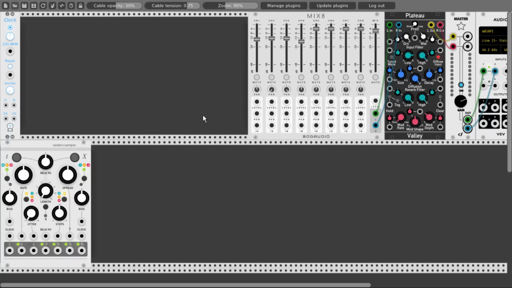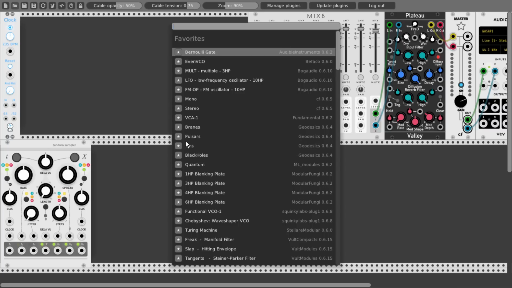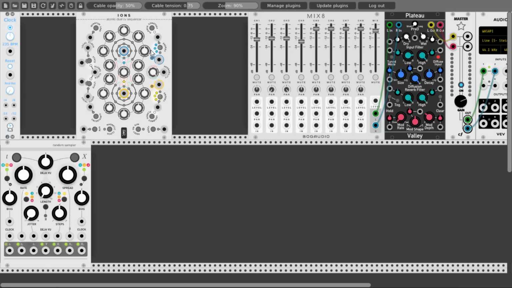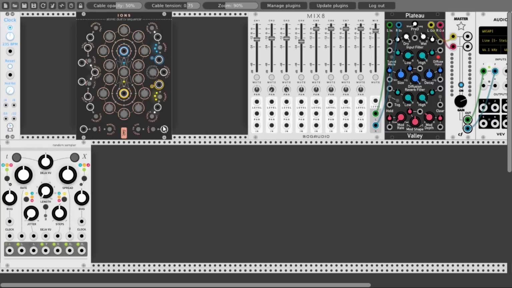And let's use Ions for this from the Geodesics collection. Let's change it, of course, to the dark side. And let's play a bit with the level of each step. And set the probability knob all the way up so we get a 16-step sequence.